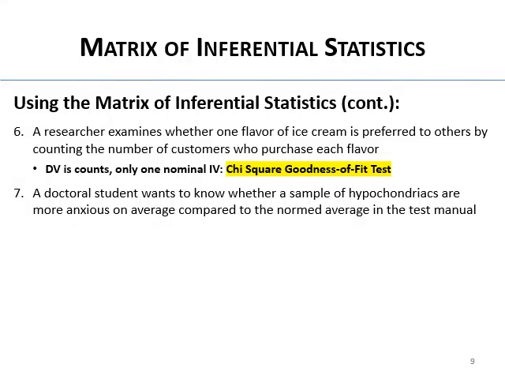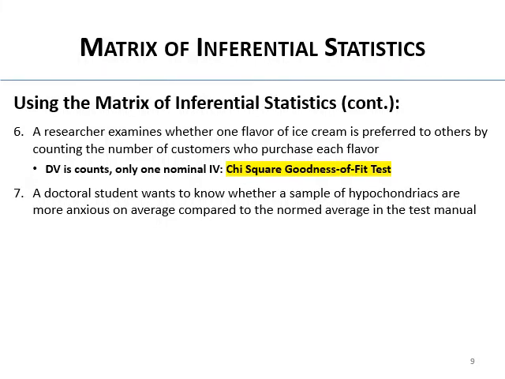A doctoral student wants to know whether a sample of hypochondriacs are more anxious on average compared to the norm average in the test manual. This one's a little weird, right? So first of all, hypochondriac is a constant. Everyone in the study is, and so is doctoral student. Oh no, sorry, there's only one guy. So hypochondriac is a constant, so that's not a variable. It's one sample of hypochondriacs, and he's getting their average anxiety score. So the outcome is anxiety, the DV. It is interval or